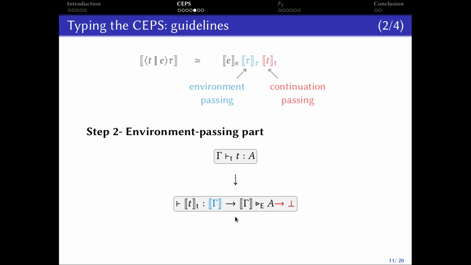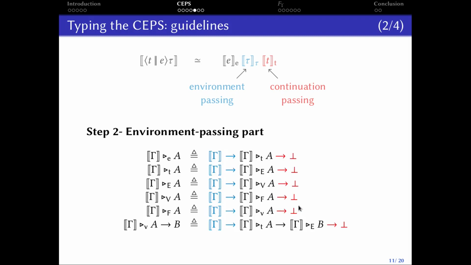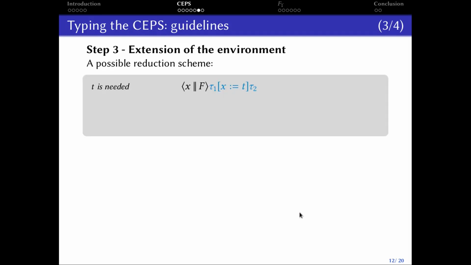And again, if we unfold the definition of the translation at the level E, we are going to get this definition. So the continuation is itself waiting for a substitution of type the translation of gamma, waiting for a value, and then returning bottom, and so on. And we can define the translation for the 6 layers here. And again, we can see clearly the fact that we are waiting for an environment and using a continuation in the end. The next step has to do with the fact that the environment can grow.